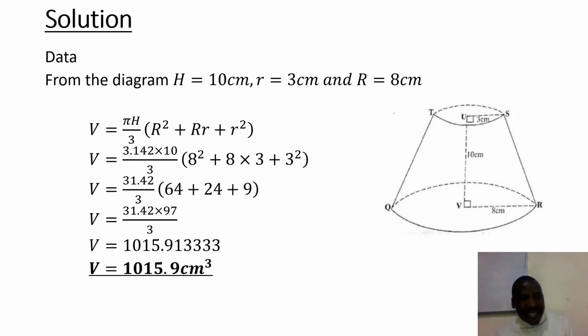If we add 64 to 24 and we add 9 to that, and then we multiply that with 31.42, after that we need to divide by 3. So adding 64 plus 24 plus 9 gives 97. Now 97 multiplied by 31.42, divide by 3, will give us the result